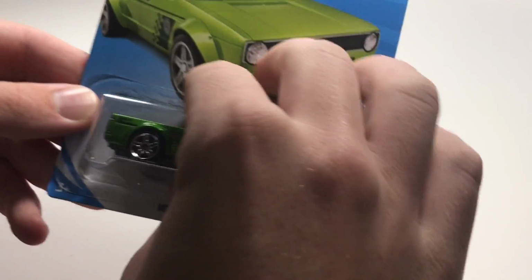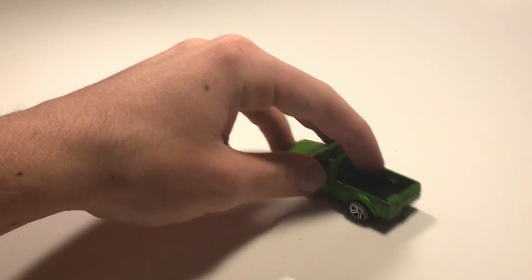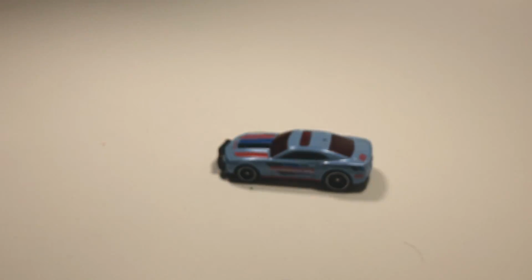Next up, we've got the Volkswagen Caddy in green. I think I mentioned this in my unboxing video. If you can't think of a color to paint a car, just paint it green. That is obviously what they did there. Anyway, next up we have the 2010 Camaro SS Hot Wheels PD paint. Speaking of paints, this is a paint we haven't seen on a Hot Wheel come out in a long time. I think it looks good. I don't know about you guys, but...